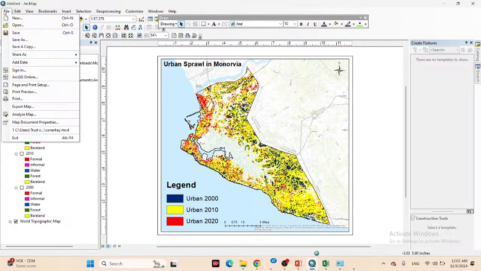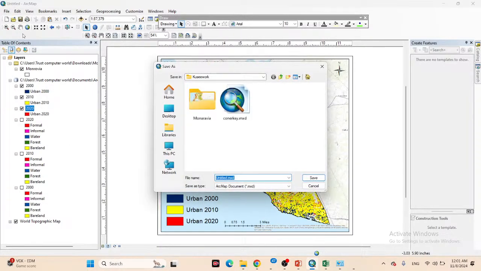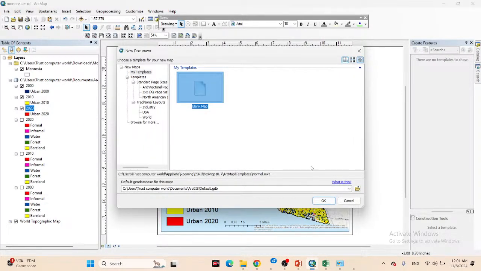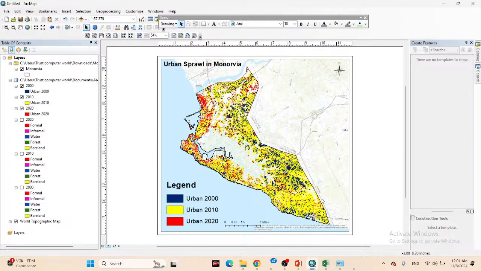Before that, just try to save it, because further if you need any change or any modification, we can easily do it from here. Just save it in the Monrovia file, and I put the name Monrovia and save it. So further I can easily find this file and work with it. And now I take a new file, the blank map,